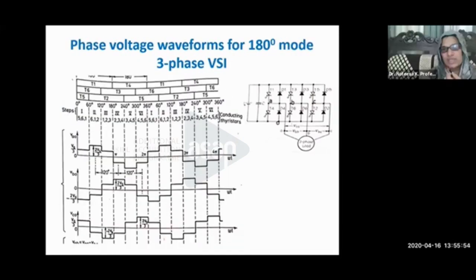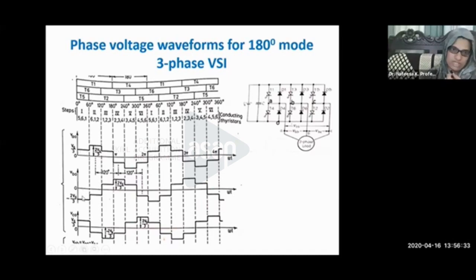If you look into the line voltage waveform, you can see what the line voltage is. Using the phase voltages, you will get VAB as the line voltage, which is given to the stator windings A and B of this induction motor. If you know VAO and VBO, you can find the line voltage VAB as VAO minus VBO. So simply subtract VAO minus VBO directly.